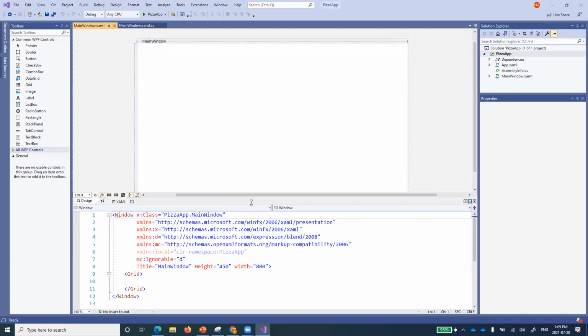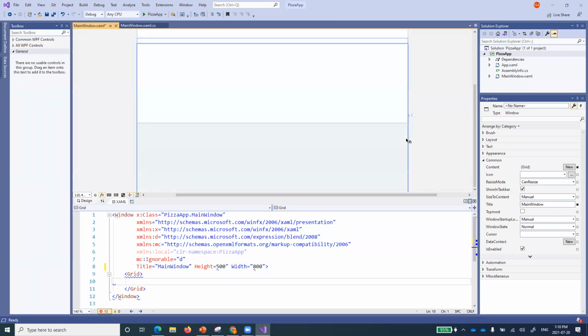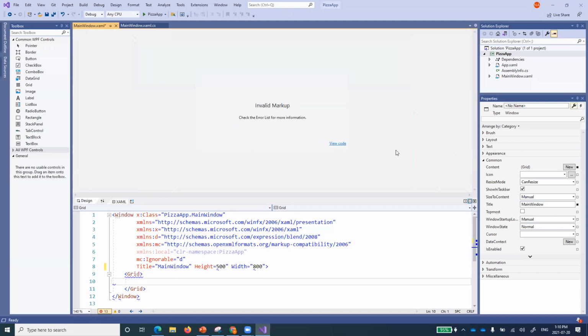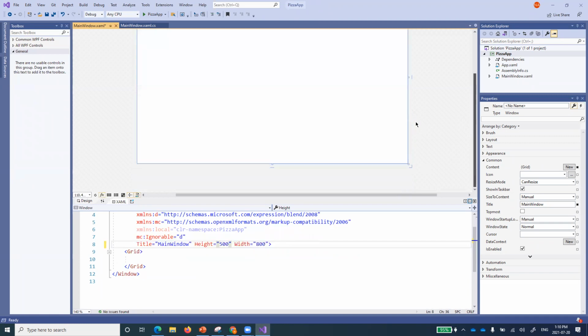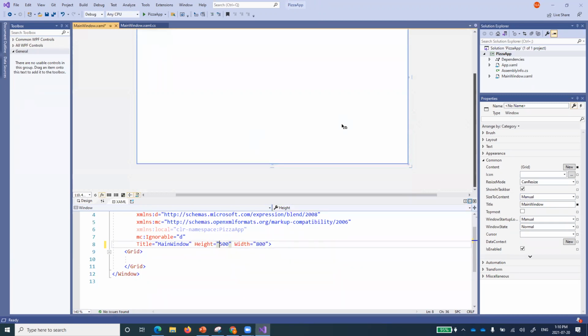If you see at the bottom, in this XAML part, there is a size of the window. So for example, the height is 450. If I want to make it 500, I can change it over here. I can say this should be 500. Now the height of my project has increased. Yes, invalid code, you are right, because the inverted commas had gone. So you can change this window's height and width from here. No big deal. We have just changed the height of this one.